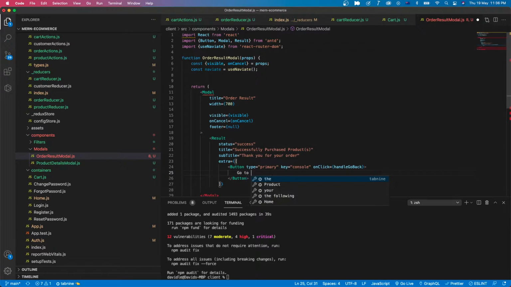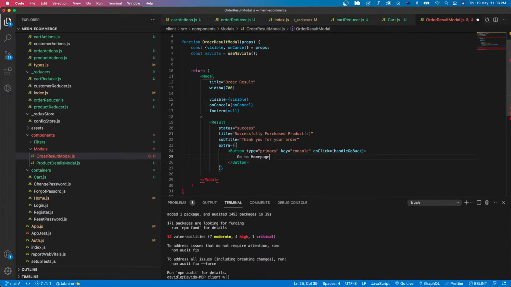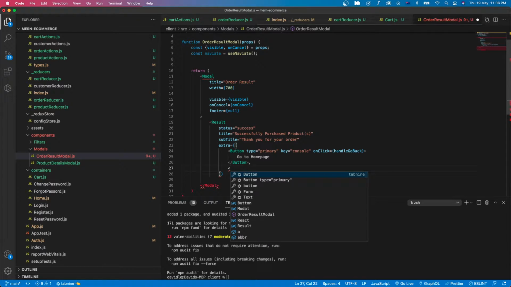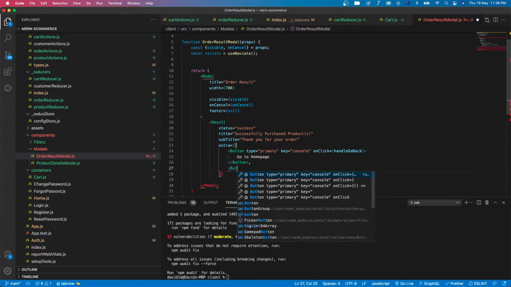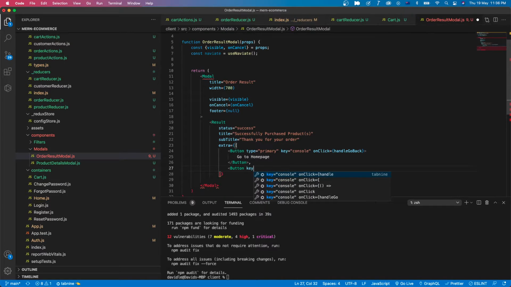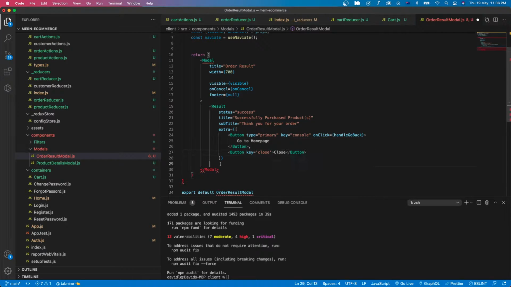Then the label would be go to home page. And then we got another button. The key is close and the label is close. Let's close the tag,